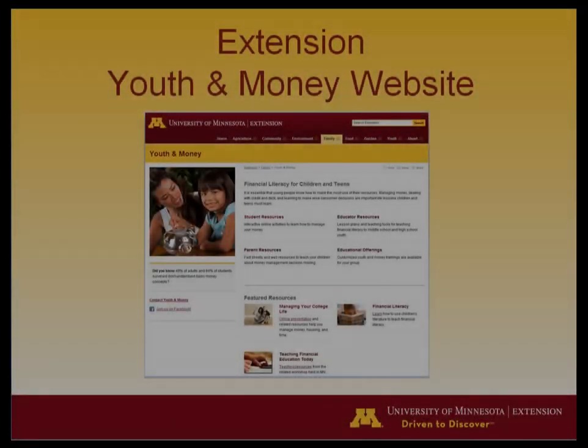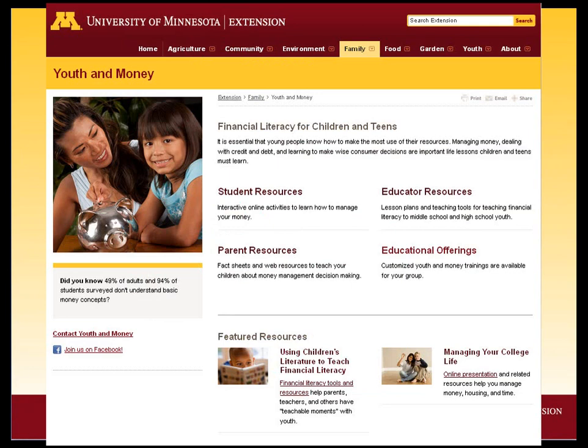Now we have our Youth and Money Extension webpage listed there, and there are numerous resources listed there. And here is a screenshot that is kind of hard to see since it's so small, but we have resources on there for students, parents, educators, so lots of great things and links to curriculum and different things.